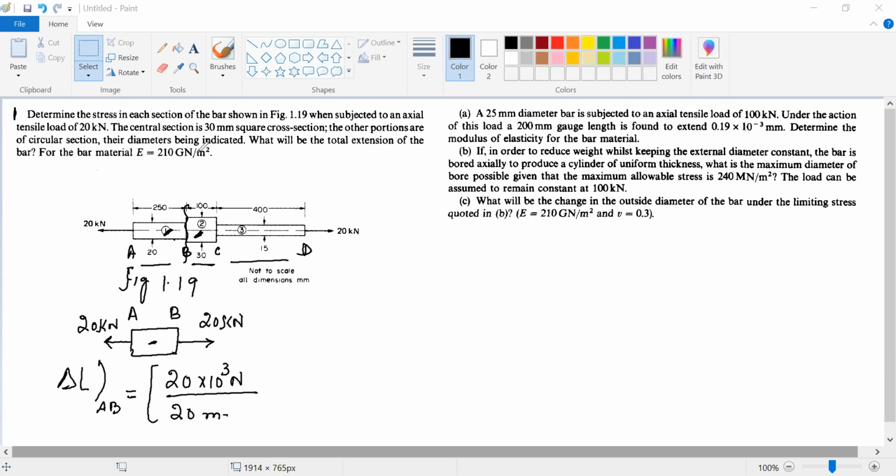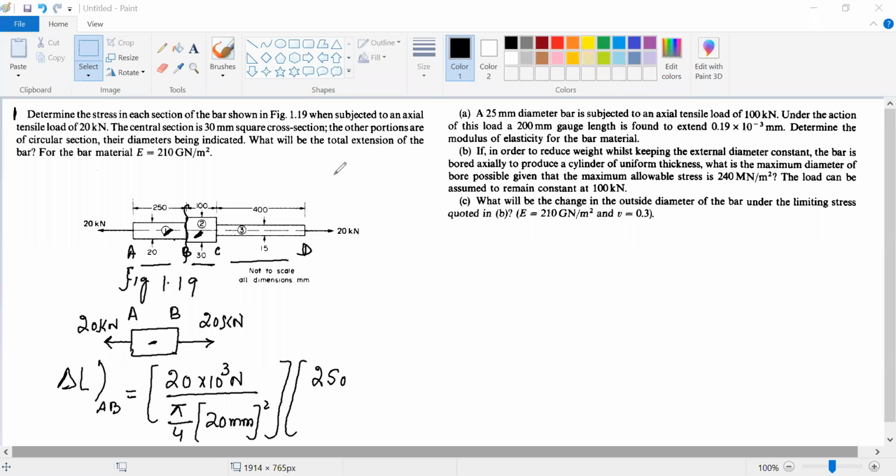We are not given this as an area, this is just the diameter. So we have to calculate the area. The area will be pi by 4 d square, because this is of circular cross section. That will be pi by 4 into 20 mm square. This is the change in length. Sorry, this is P by A multiplied by the length of section AB. The length of section AB is 250 mm,